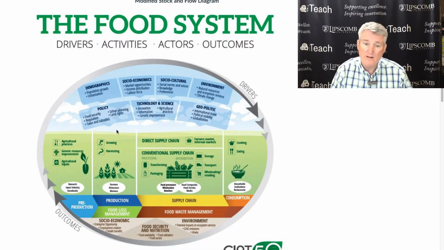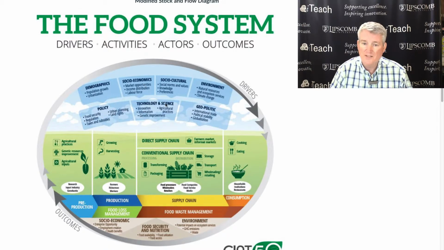And then over here on the far left, the policy that defines that tends to be a little more place-based, when it comes to how we keep food safe, how we separate cities from food-producing areas or integrate them in the case of urban farming, how we deal with taxes and subsidies and land rights and food security, food availability and food safety. But not all of these policies will necessarily function in every geopolitical environment, just as we found out with cultural and socioeconomic drivers.